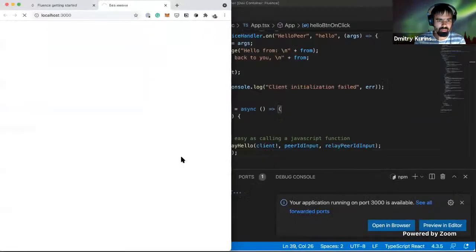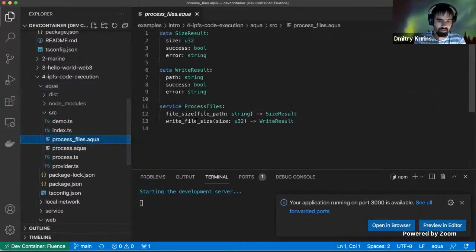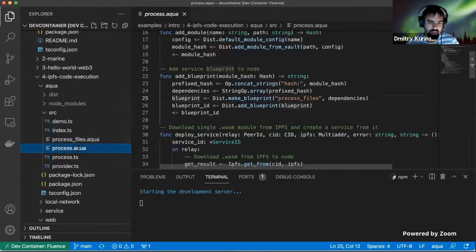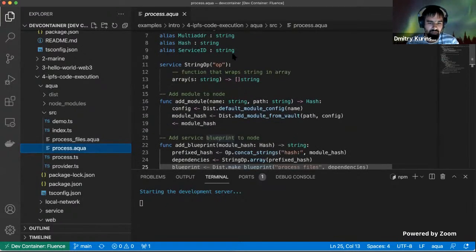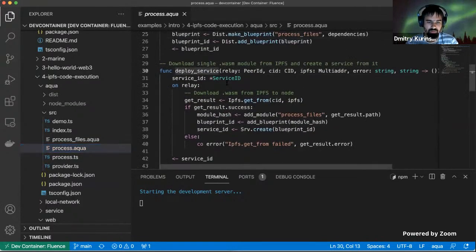So waiting for the front end to run is just TypeScript compiling. And while it's running, let's take a look at this. That's the API of the file that we are going to deploy and use. And here we have all the flow of deploying this service to the node using the CID